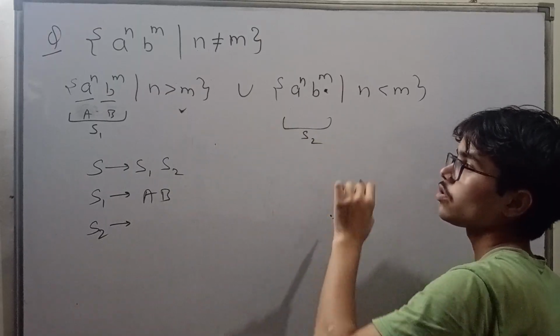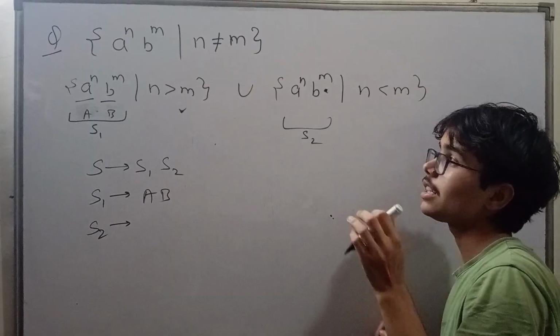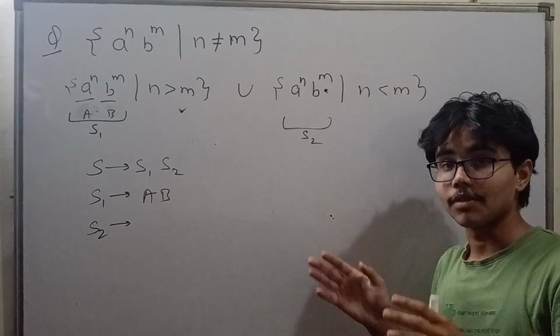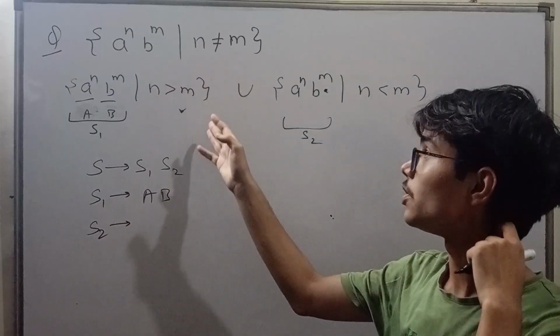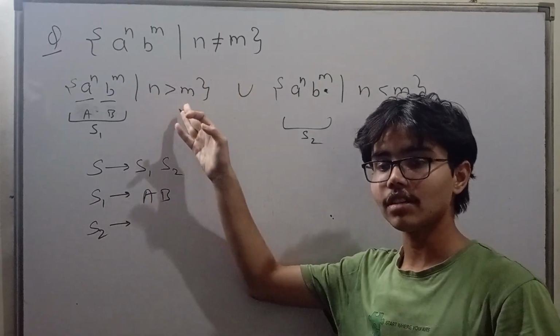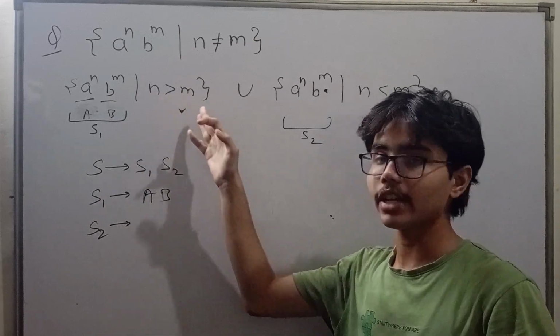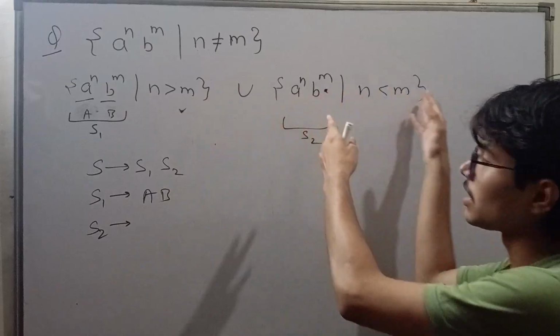Because for both of the things it is the case that both a and b are equal at some point of time. After that, because it is from the previous question, I can tell you how this can become. There is a point where both m and n are equal. After that, either a must be greater or b must be greater.